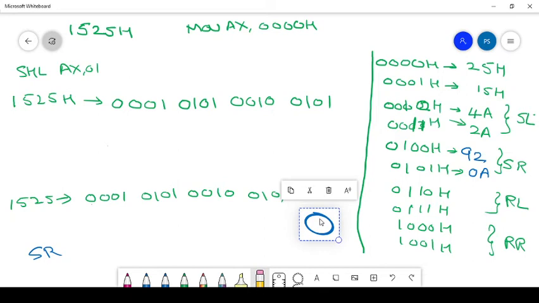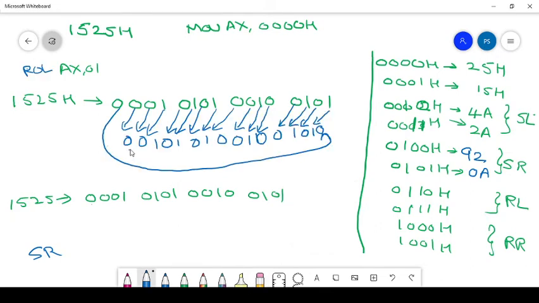That becomes 0. Then the new number for rotating left is 0, 0, 1, 0.